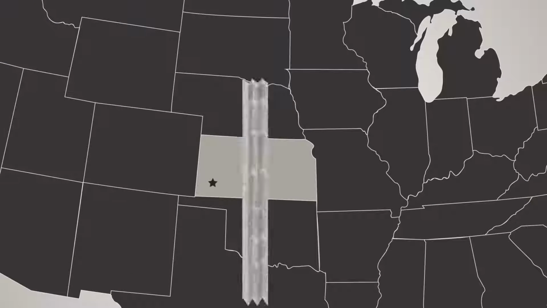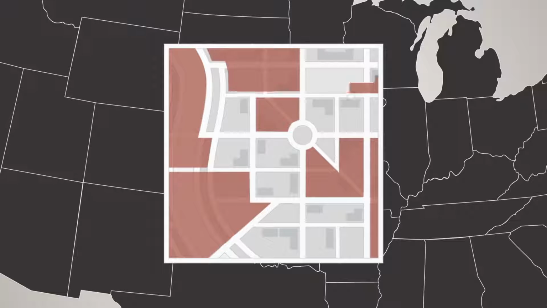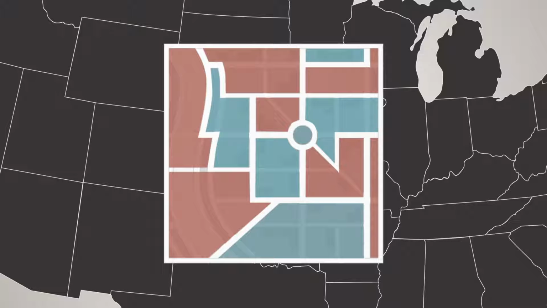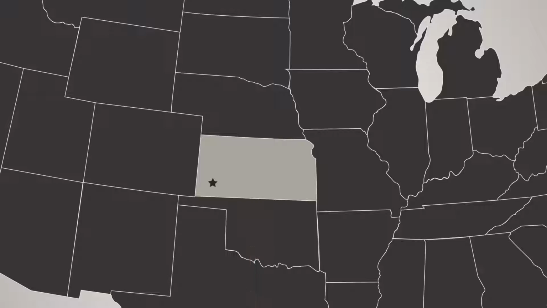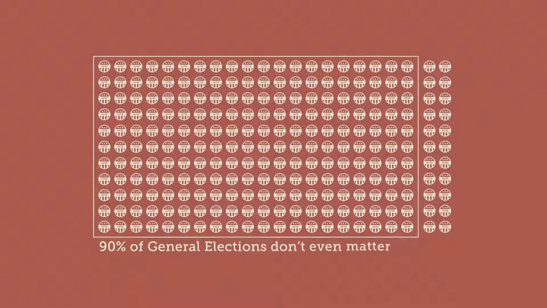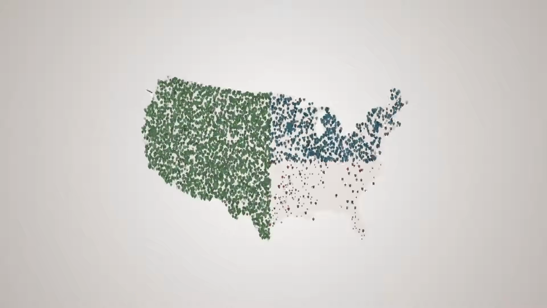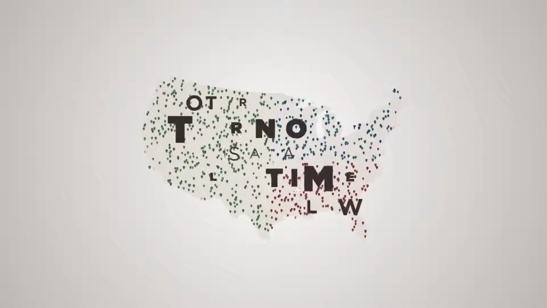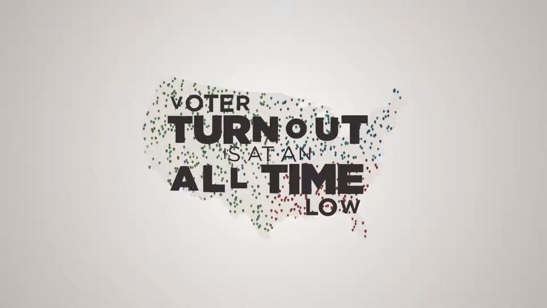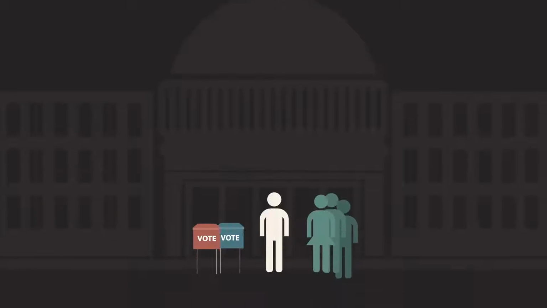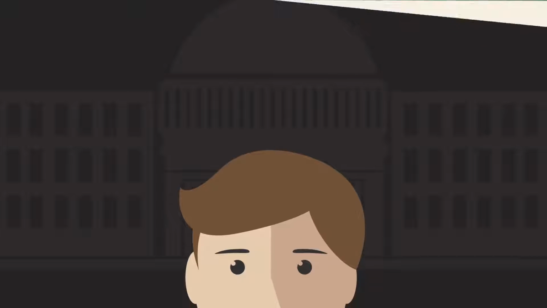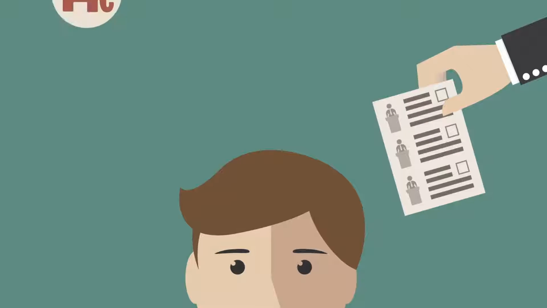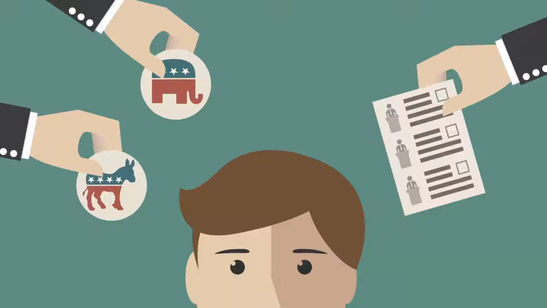Gerrymandering, for example, is when legislators draw districts so that the seat is safe for one party or the other. And as a result of this party protection scheme, over 90% of elections are decided during the primary, so the general election doesn't really matter. Yet, the largest group of voters in the country are independents who don't want to join or support either party. That's one important reason why voter turnout is at an all-time low. The reality is that we have a democracy where you have to choose between your right to vote and your right to not join one of the two major political parties.